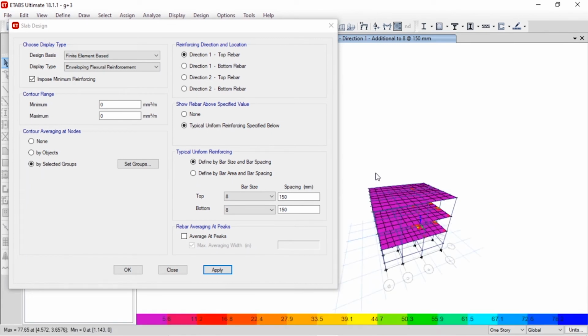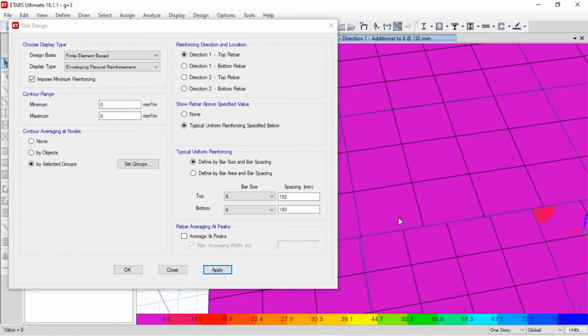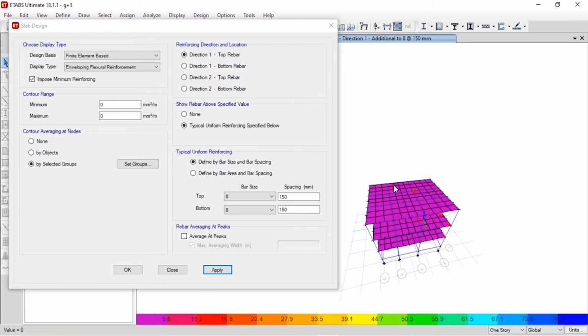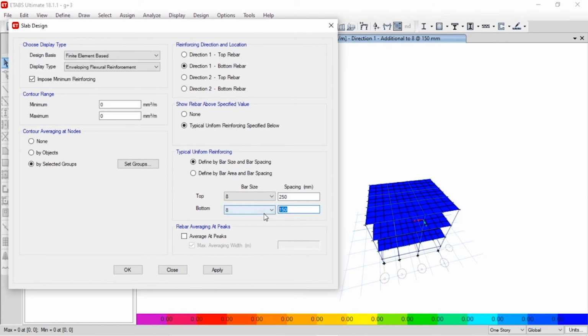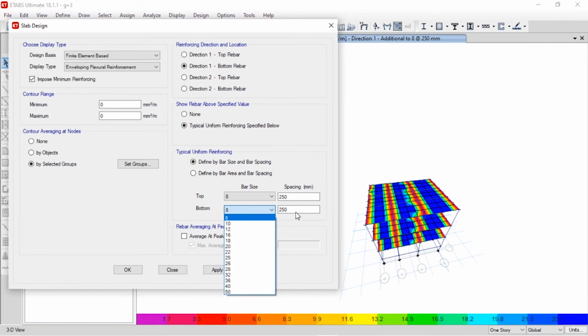if I take 8 bar in the direction 1, that is the top bar, the values on the reinforcement is sufficient. If I take it as 250 and apply, it shows this a little bit high. In the top bar, let us say now, the reinforcement is okay. So I'm going to try to increase this also. Here it shows now it is very high. Now I'll keep it to 200. Using these values, you can see it should be minimum.